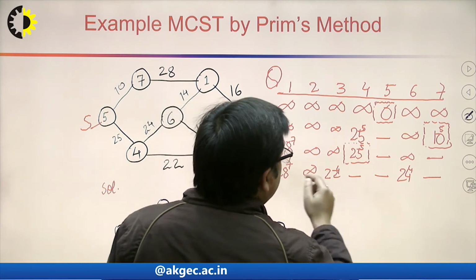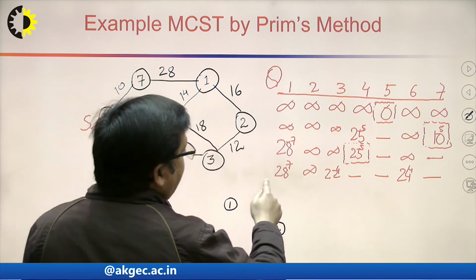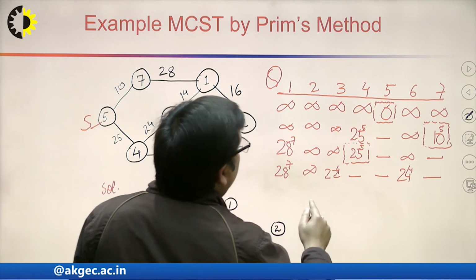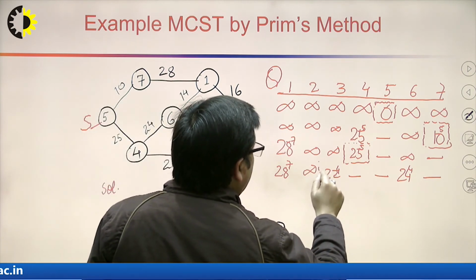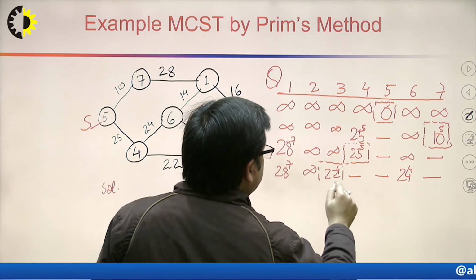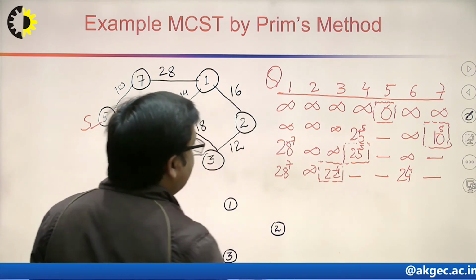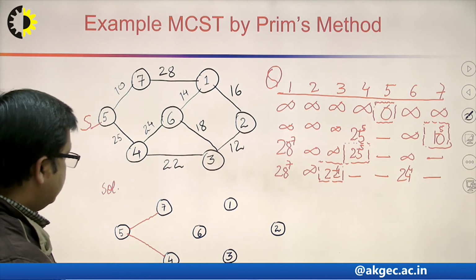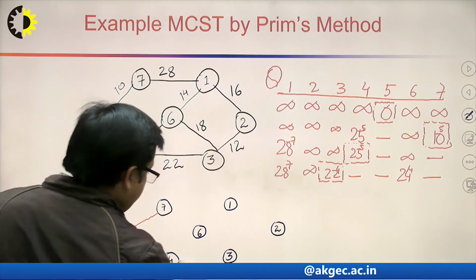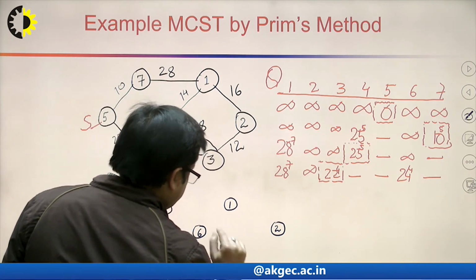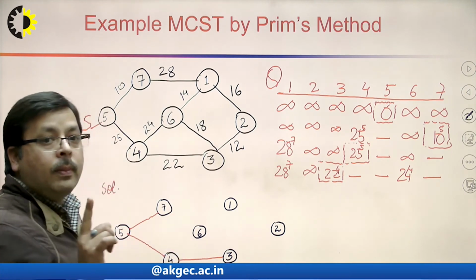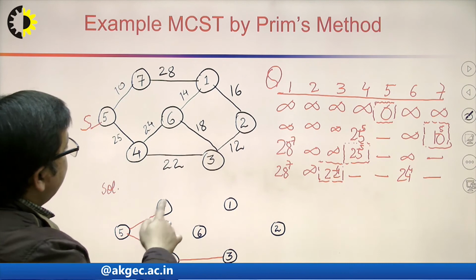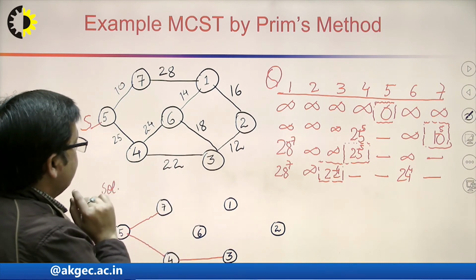Now, which node is coming out among the available nodes inside the queue? The node 3 will come out, because this node has the minimum weight, right, and the parent of node 3 is 4. So, we will connect 3 and 4, right. So, when the node 3 will come out, let us see what are the adjacent of node 3.